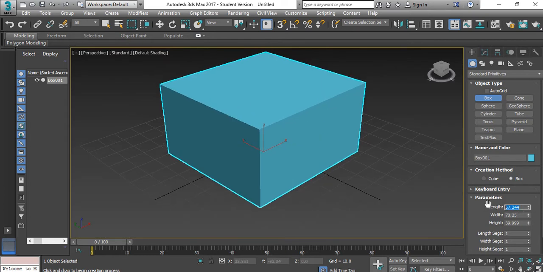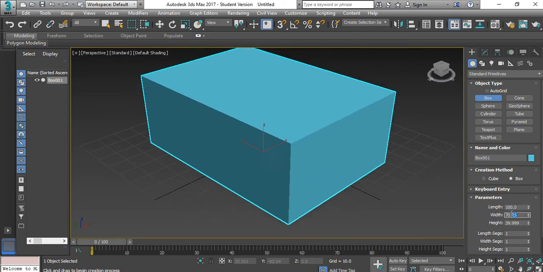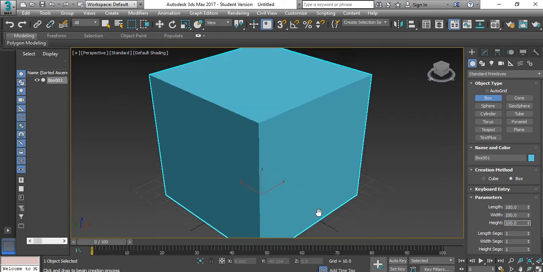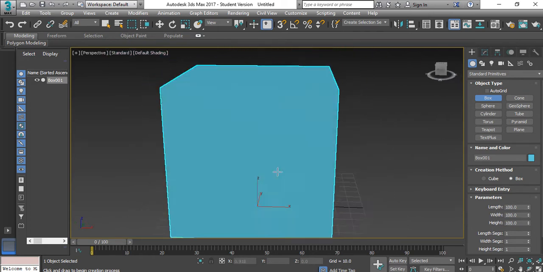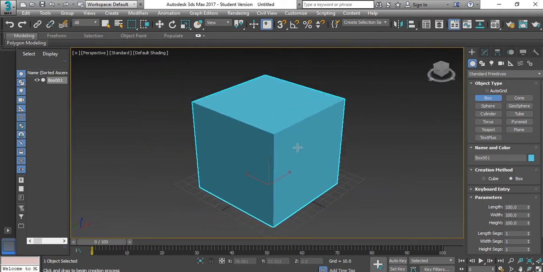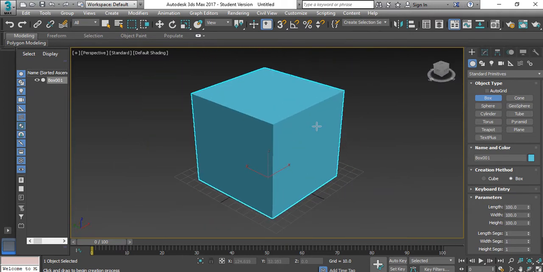Dice are symmetrical, so I'm going to go for 100 on the parameters. So I have a dice, a perfect cube. In this tutorial I'm going to go through the steps on how to put a different image onto each face. So the first thing we need to do is make sure it's an